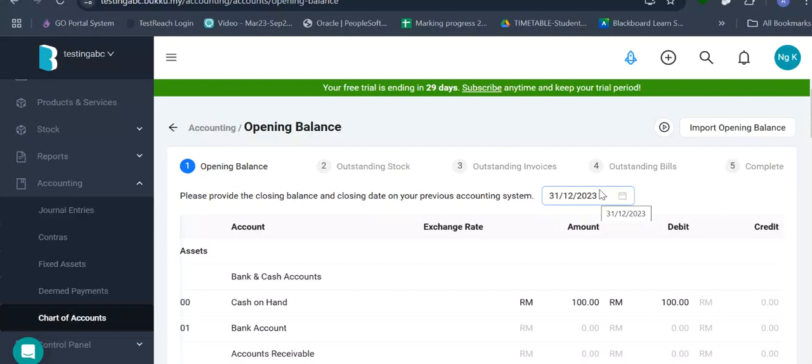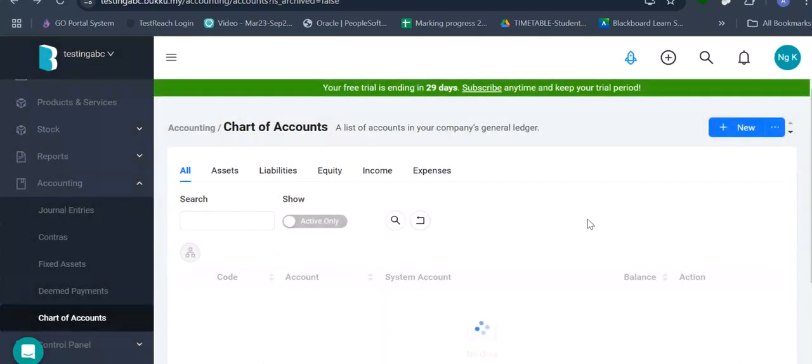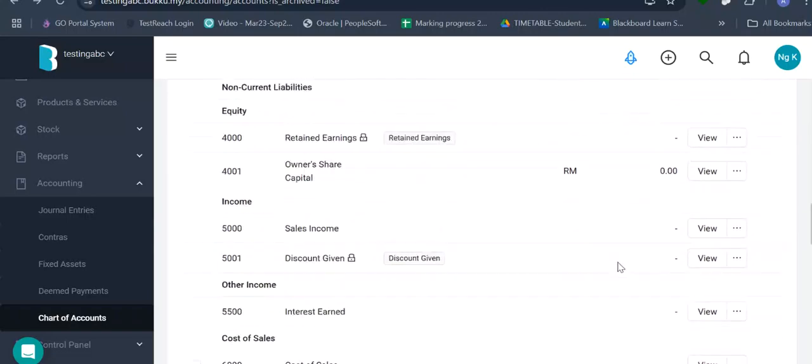A lot of software engineers and developers tried to create some computer language so that the new system can talk to the old system, so that they can do the import. In Buku, we also have this function. If I unsave this and come back to our chart of accounts, it's still zeroized everything.